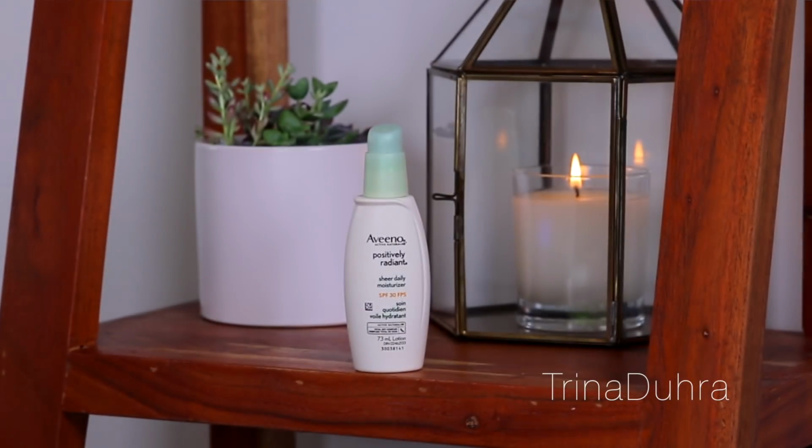I wanted to show you all the different products that I'm using, and now that the weather's changed, it's definitely colder outside. I can't say I'm a fan of it, but every year when winter rolls around, I always find myself switching up my products. First thing I always do is change my moisturizer. I try to use something that's more hydrating on the skin, and for this I've been using the Aveeno Positively